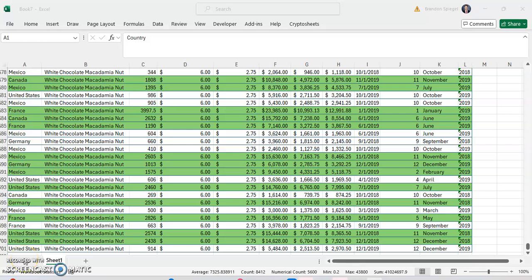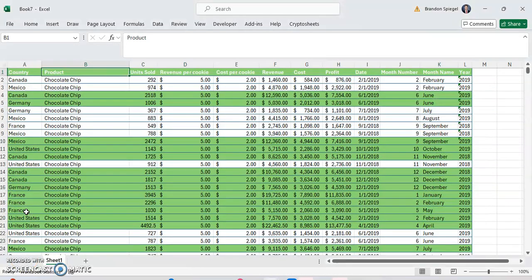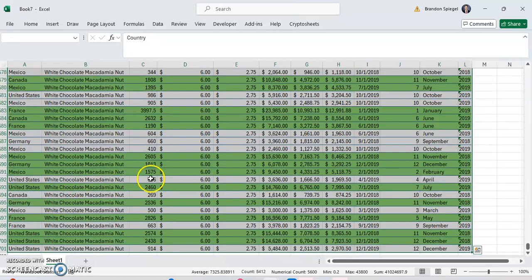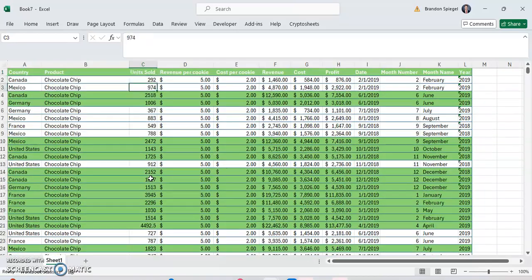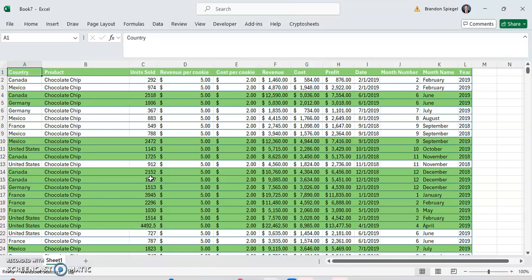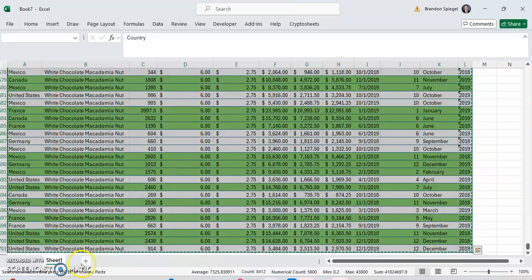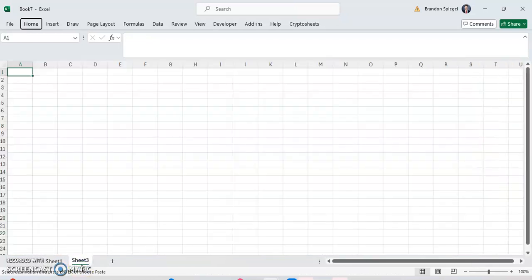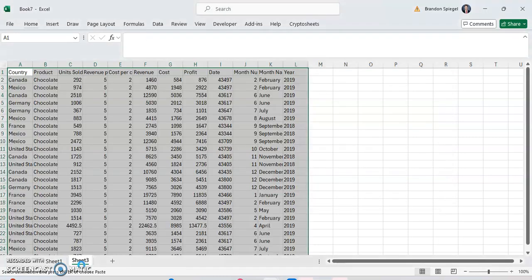In this tutorial, I want to show you how you can apply conditional formatting to a row based on a single column. So here in this data, we have every row highlighted in green wherever the sales are greater than 1,000 in column C. To do this, I'm going to copy paste this into a new tab, Alt E S V,